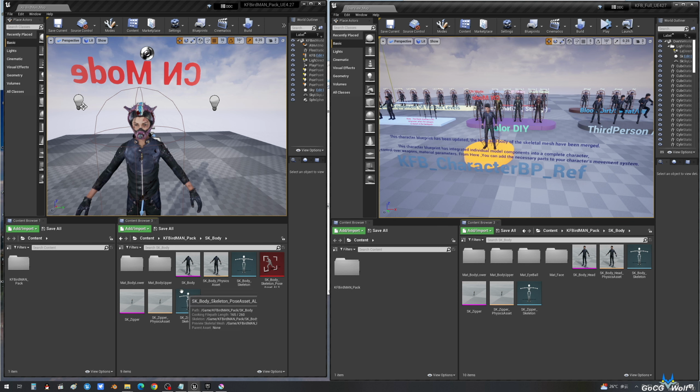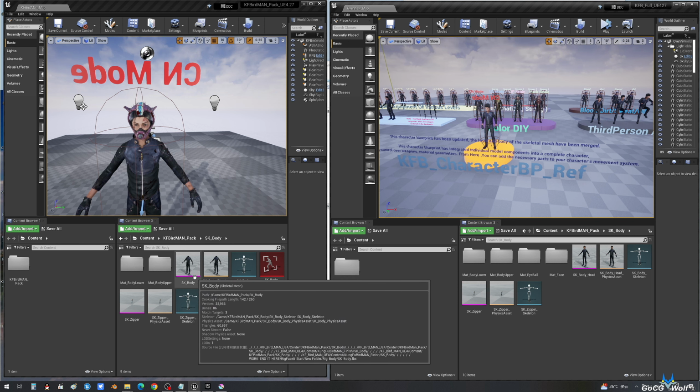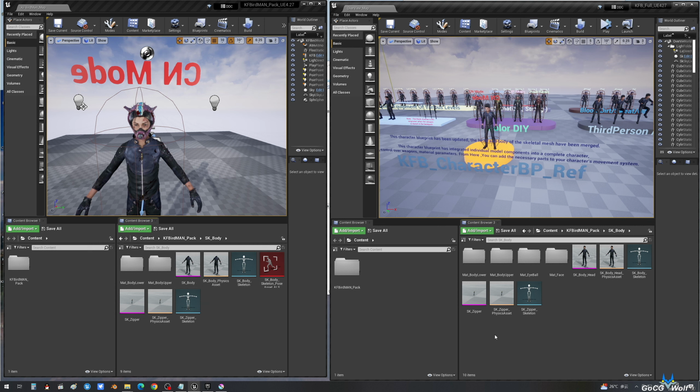The character's body and head were originally separate, but in the updated version, you will find that they have been merged. Because the tutorial was recorded before the update, if you see inconsistencies, simply locate the corresponding files, and it won't affect your understanding of how to handle these files.